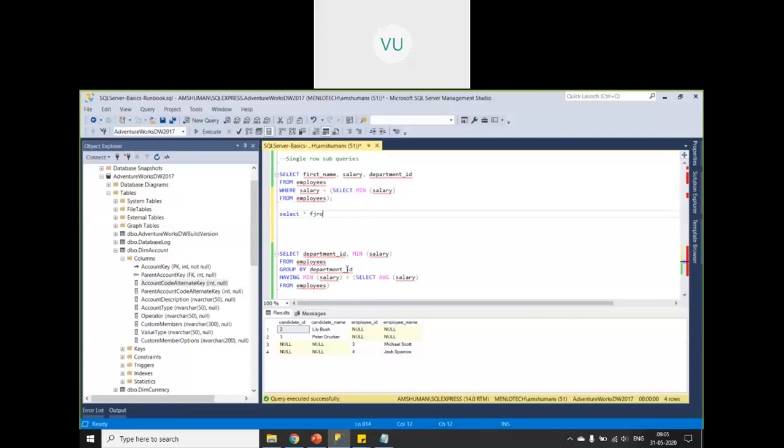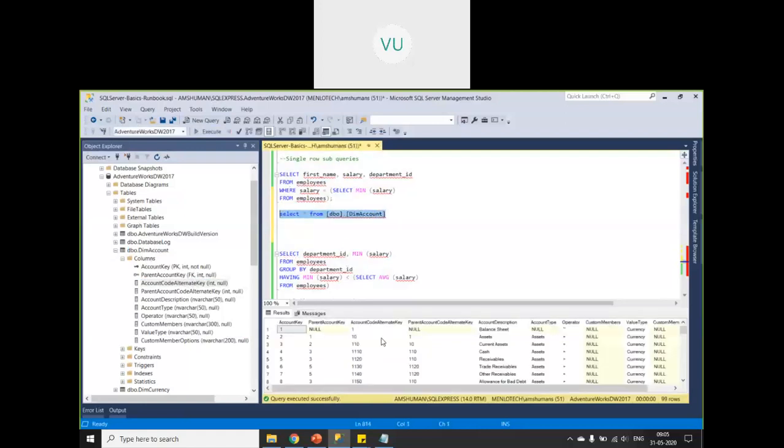Select star from this table. I'm checking this account code alternate key, and 1110. What I'm doing is trying to apply this single row subquery on this.